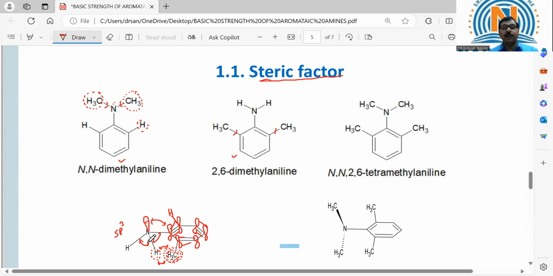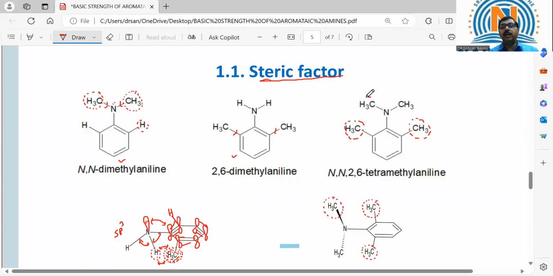Therefore, the basic strength of ortho-substituted aniline decreases because the possibility of this lone pair of electrons to take part in the resonance increases. However, if substituents are present at both of the ortho positions, now again the structure becomes symmetrical and there is equal electronic interaction from both sides. And if a bulky group is also present in the amine, like in this compound, if they are planar,